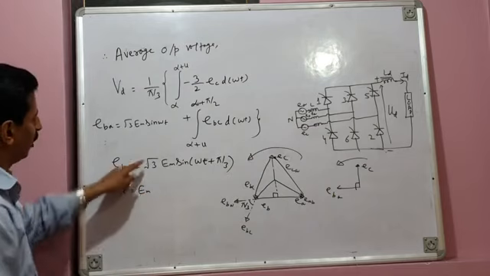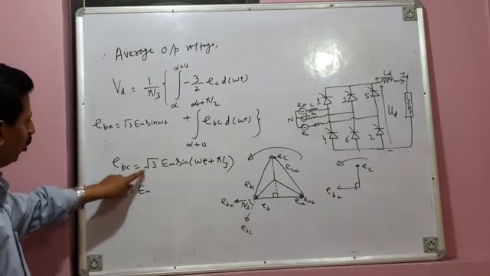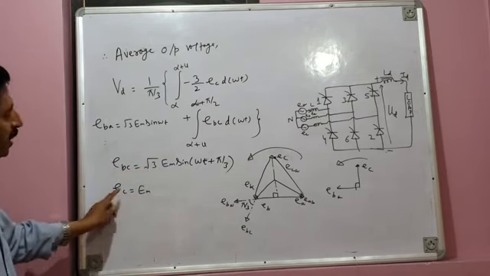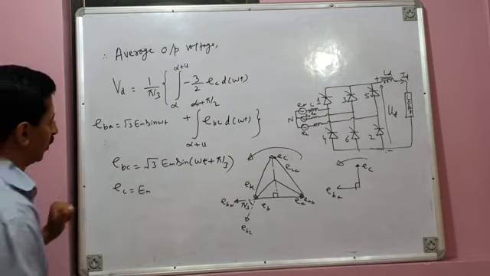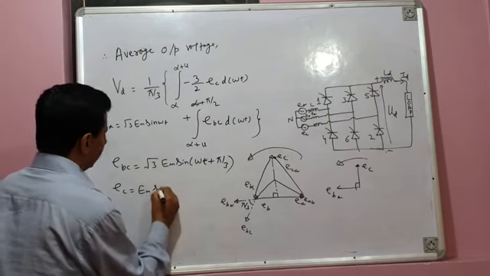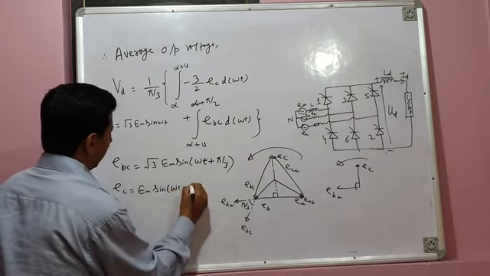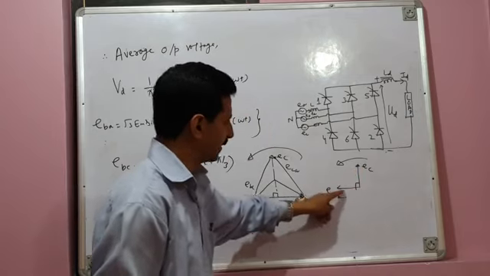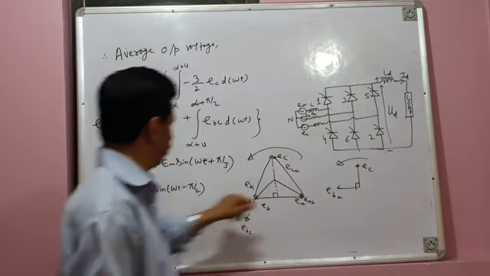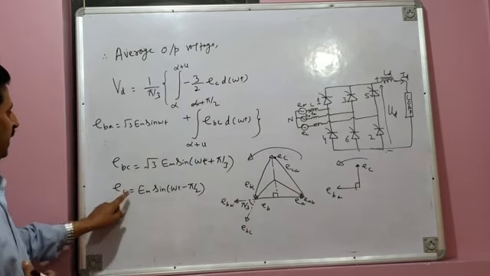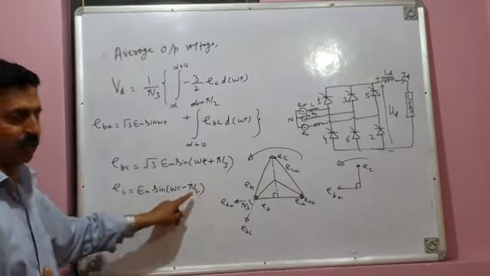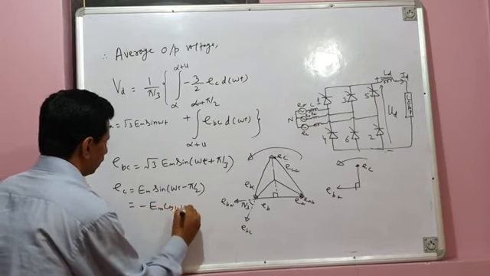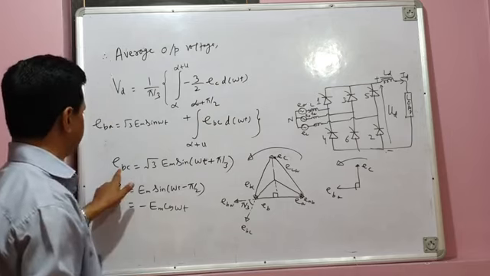So therefore, EC can be written as Em. EC is phase voltage, so I will not multiply by root 3. For line voltages, you have to multiply by root 3, because line voltage is root 3 times phase voltage. But for phase voltage, you have to write EC equal to Em. Root 3 will not be there. So EC is equal to Em sin of omega t minus pi by 2. Pi by 2 means 90 degrees, because EC phasor lags behind this reference phasor EBA by 90 degrees, pi by 2. So therefore, phase voltage EC is equal to Em sin of omega t minus pi by 2. And that is equal to minus Em cos omega t.